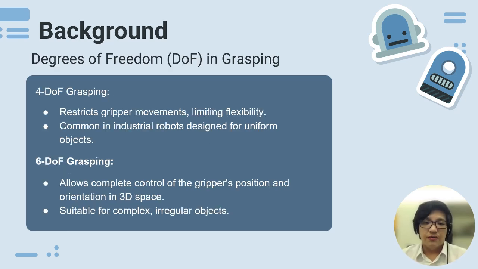A key aspect of robotic grasping is the degrees of freedom, or DOF, available to the gripper. In a 4 DOF system, the gripper can move in 3 dimensions and rotate along a single axis. This setup works for simple tasks but struggles with complex or irregular objects. By contrast, 6 DOF grasping provides complete control over the gripper's position and orientation, enabling more versatile and precise grasping. However, this flexibility also introduces greater complexity, as the robot must search through a much larger range of possible grasp